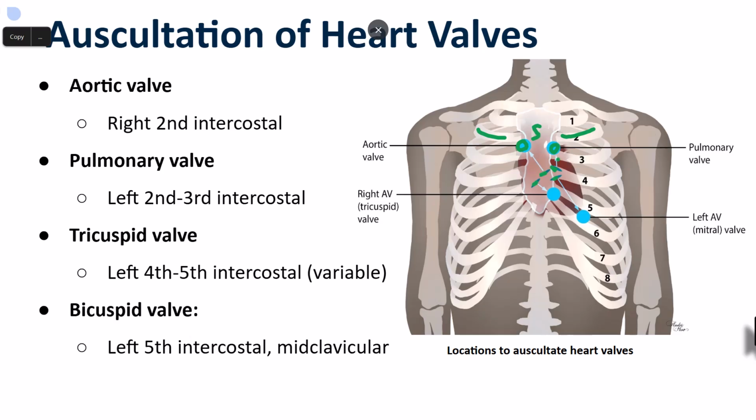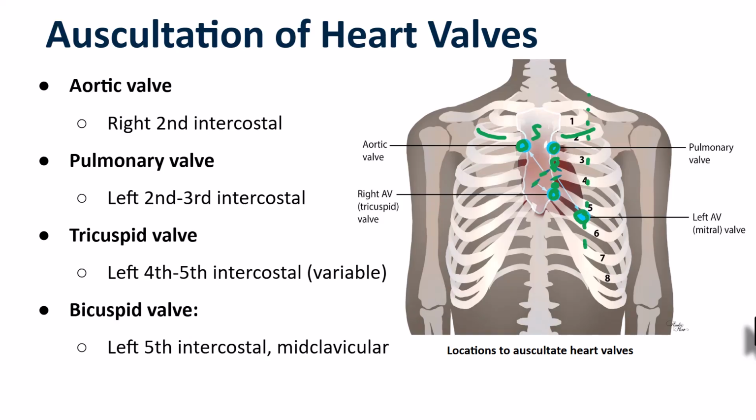Sometimes we can also try left of the sternum in the third intercostal space, so that can be a little variable. The tricuspid valve, we go patient left in the fifth intercostal space, sometimes fourth, but generally fifth. And then for the bicuspid valve, we take a midclavicular,